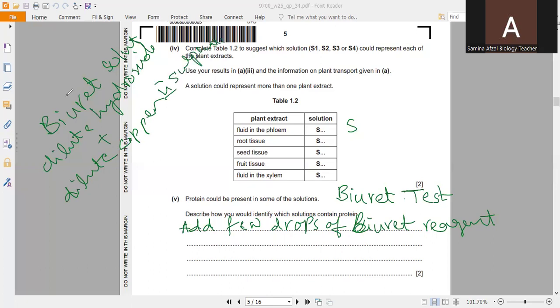So the biuret reagent is made up of these two solutions. So we will add the few drops of biuret reagent